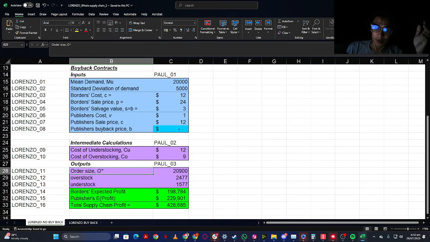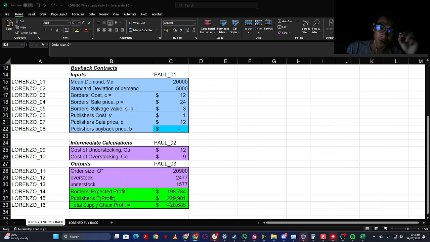And then step number two, we have to determine the optimal order quantity. So we have to use the critical ratio in the newsvendor model. In order to compute the service level, we have to get the cost of understocking divided by the sum of understocking and overstocking. So 12 plus 9 is 21. So 12 divided by 21 is